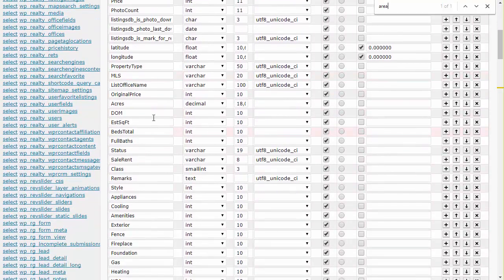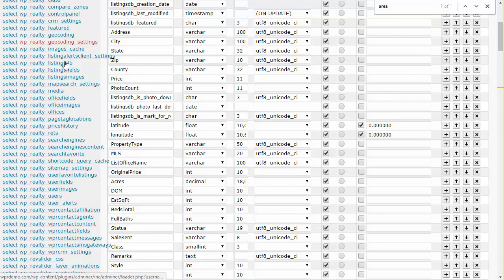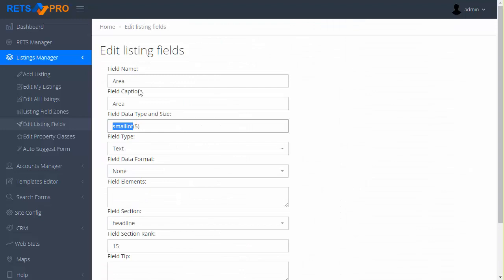We actually have it in the listings DB, this table that we have opened up right now, but it would also be in the listings field table. So if you ever do any manual editing in phpMyAdmin, you have to physically do it in two tables. Whereas when we open it up back here, we can actually just type it in,